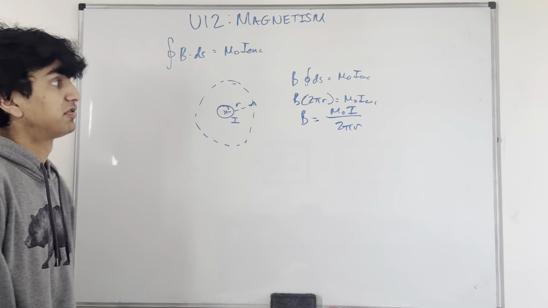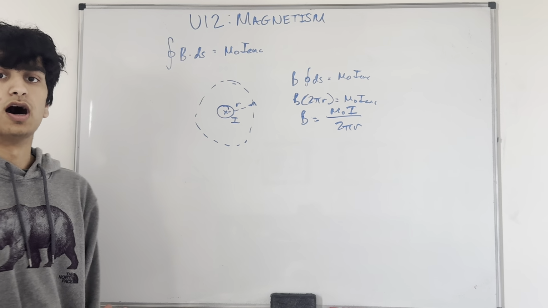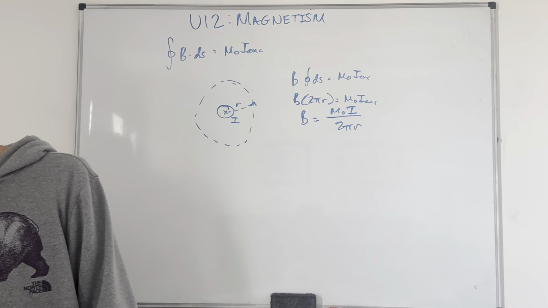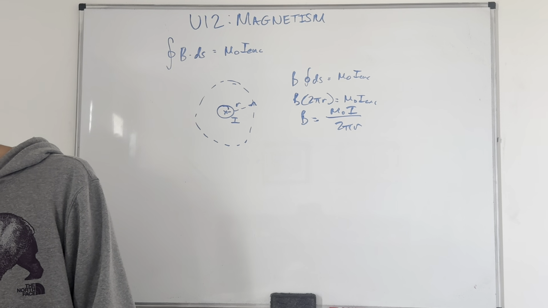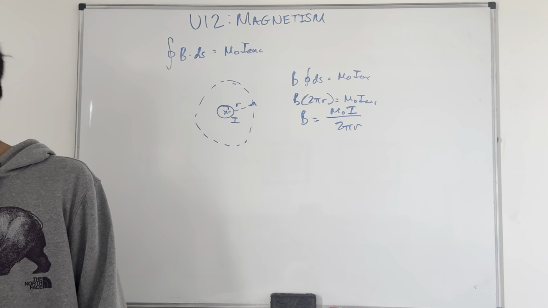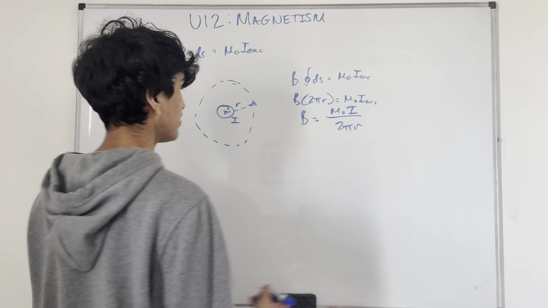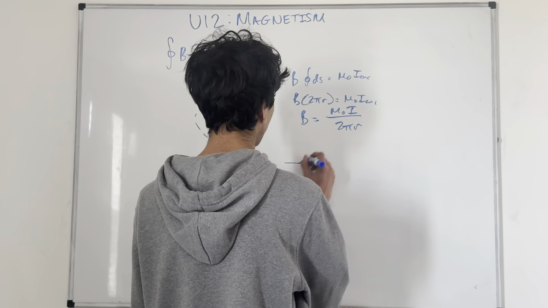So that's Ampere's law. You can do some other crazier examples. I was going to do an example, but I don't want this video to get too long. You could practice Ampere's law with a lot of things, but one last example would be a solenoid. Let's say you have wire,